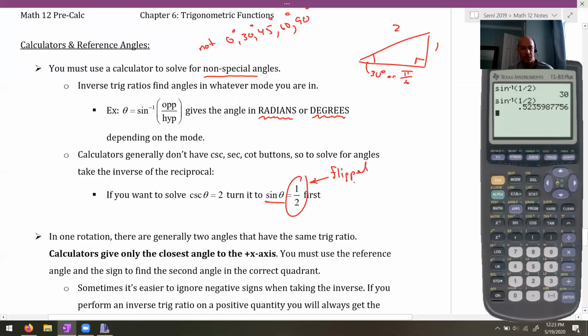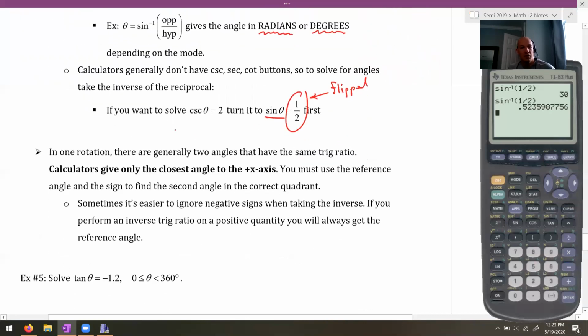Okay, now when we're solving with calculators, keep in mind that in one rotation, so I'm talking about around the Cartesian coordinate system here, usually we'll have two angles that have the same trig ratio, like for example 30 and 150 would have the same sine ratio, right? We'd say sine of 30 equals sine of 150. And they're both equal to 1/2. So if we ever go inverse sine of 1/2, our calculator is going to give us 30 degrees, but we also have to understand